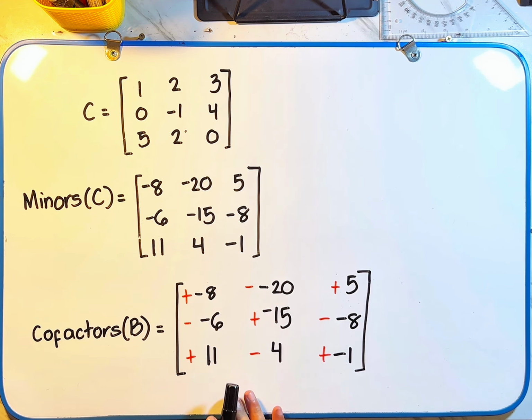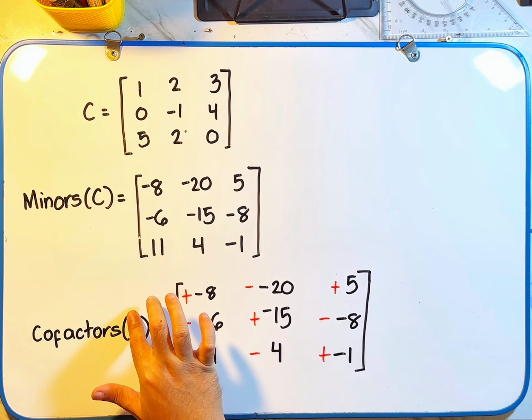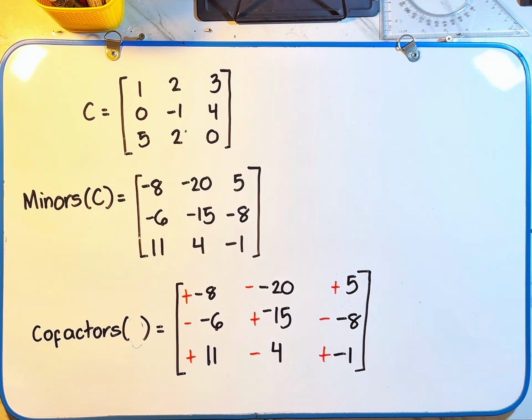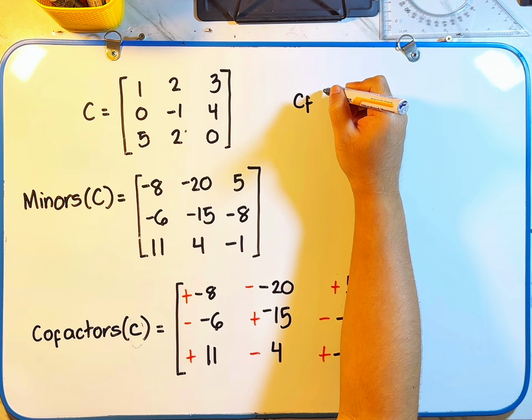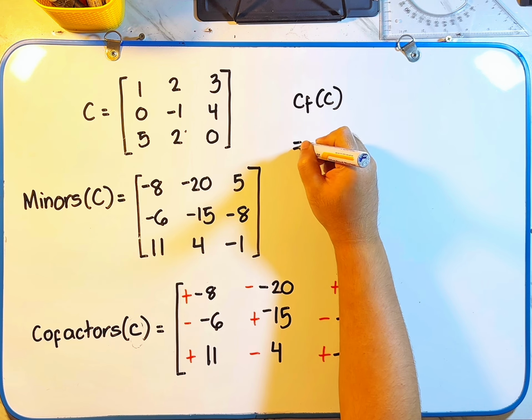Plus here, and then minus here, and then plus, and then minus, plus, minus, plus, minus, plus. Now let us simplify the elements of this cofactor C. Okay, so this is wrong. It should be C. Let me replace. So the cofactors of matrix C is,